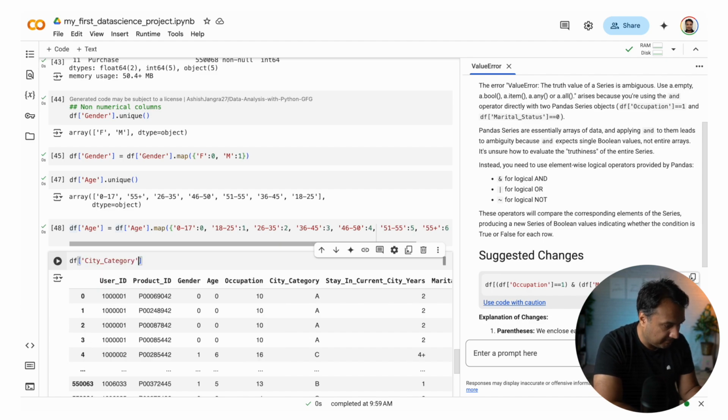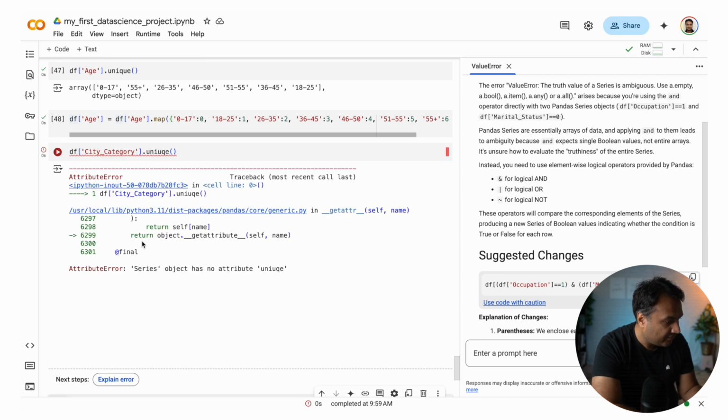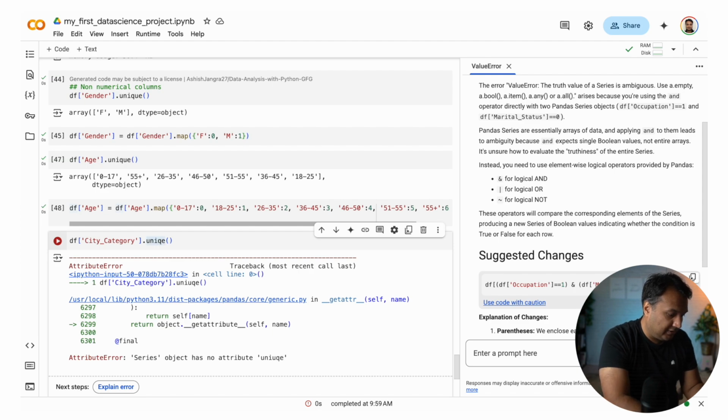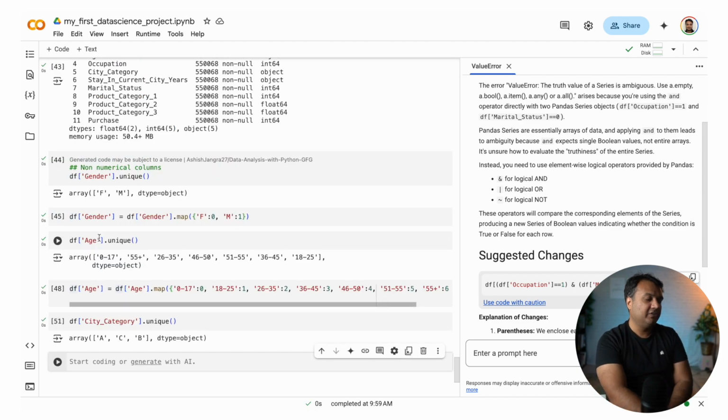Okay, yep. City category has A, C, and B. So I'm going to again map.